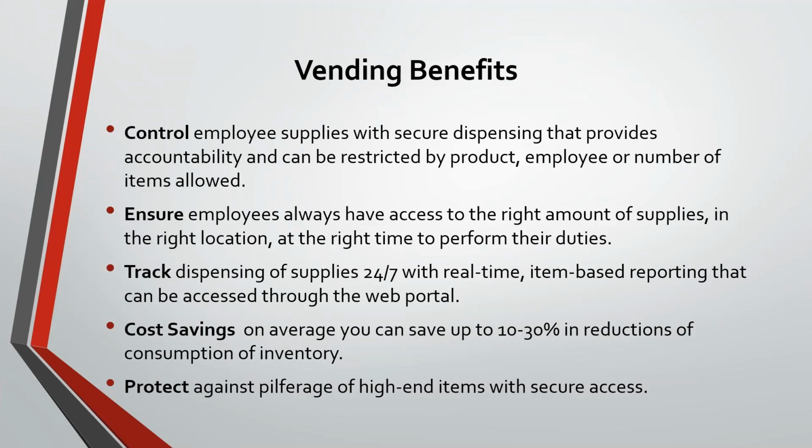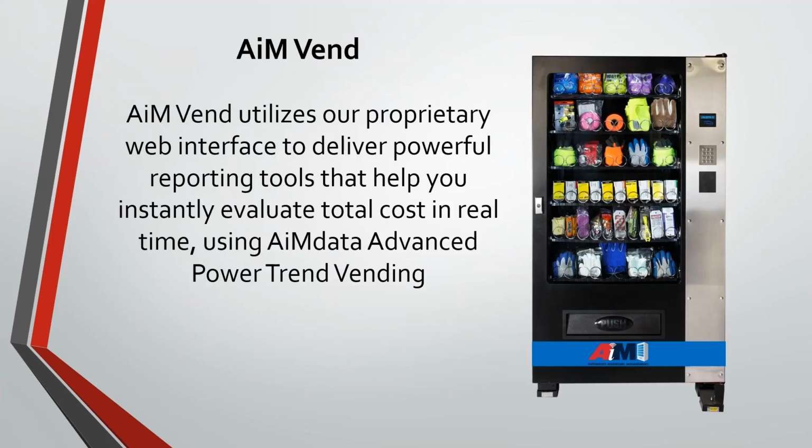So a lot of different ways that you can really reduce that cost down. So now I'll go through our AIM vent. Believe it or not, when it comes to PPE, this is one of the most powerful machines out there. And we deal with a lot of different vending manufacturing, and we have a lot of different configurations of machine. But in my experience, this is still one of the most powerful machines that we have, because it's kind of